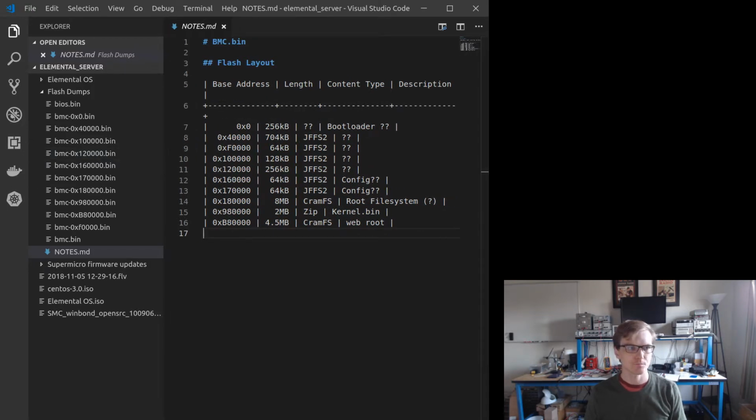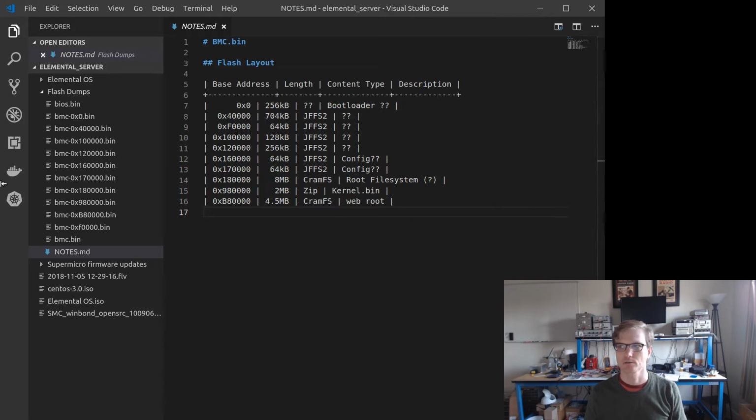Specifically, these BMC flash parts, typically, BMCs almost always run a Linux system of some form, at least in modern versions. And so you're almost always going to have some sort of bootloader, typically U-boot, but not always. And then a compressed kernel image stored somewhere, as well as both read-only and read-write partitions. So usually a read-only root file system, or like an init file system, and then